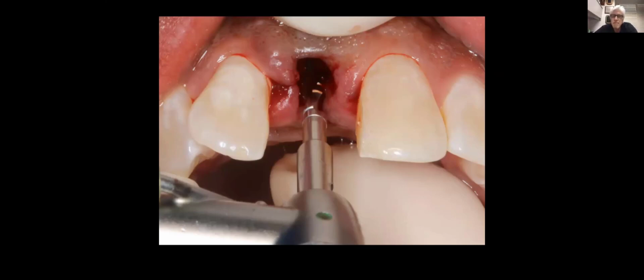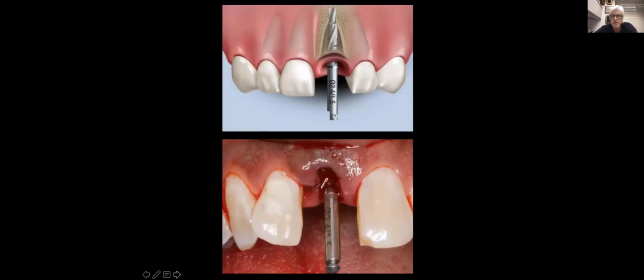So I'm taking my pilot burr, which is really my working burr. It's the most important burr in the mouth, and I'm simply going to place the implant beyond the apex of the tooth, engaging the palatal bone to create stability. Now at this juncture, I'm going to go ahead and take a radiograph, and I'm looking at